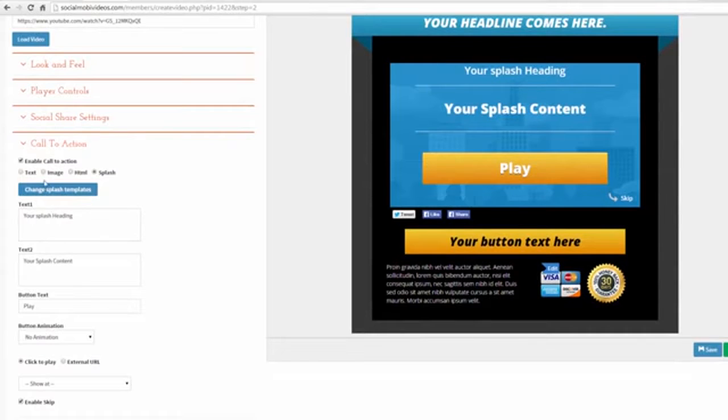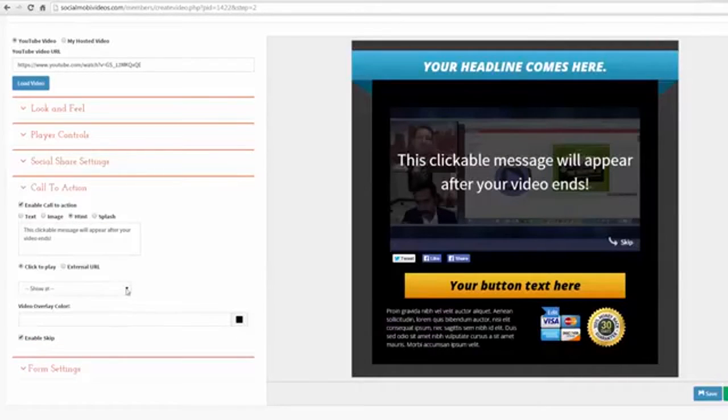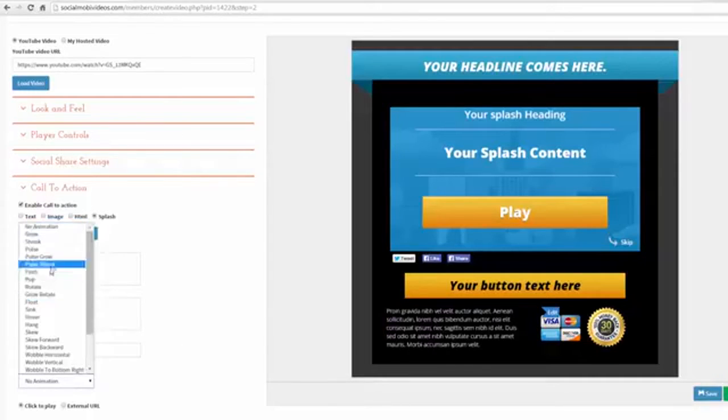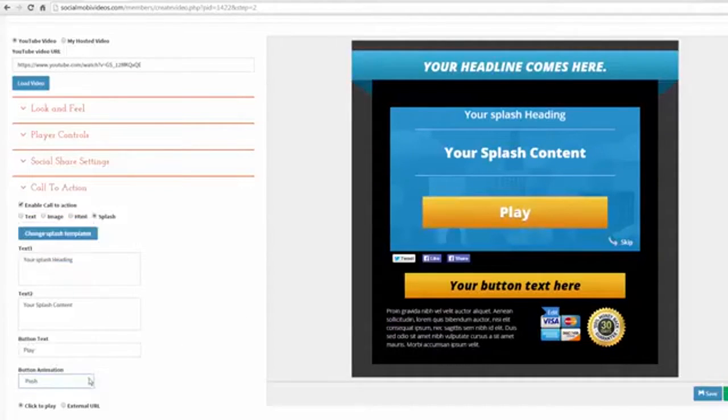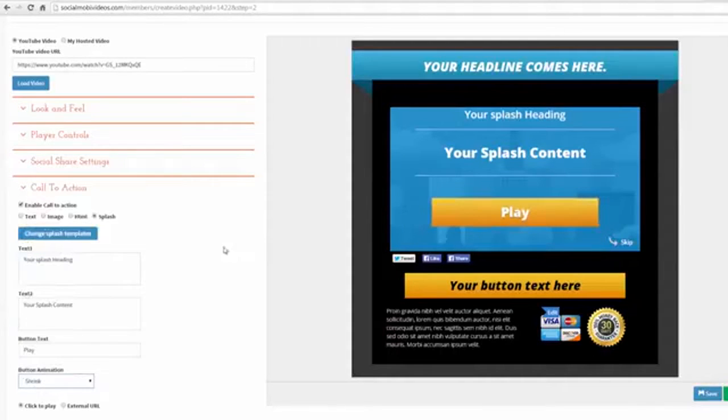But the cool part is, if I come back over here to image, what I can do is I can set this to appear at certain intervals, right? So if I want the image to appear at the beginning, at a particular time, or at the end, then we have this drop-down menu here where we can determine when is this call to action going to appear, okay? And with the templates, you can also have it to where you have button animation, right? So see how we have this button here just screaming for your attention? That's what it's going to do in the actual video, okay?